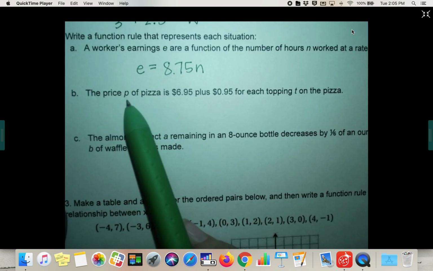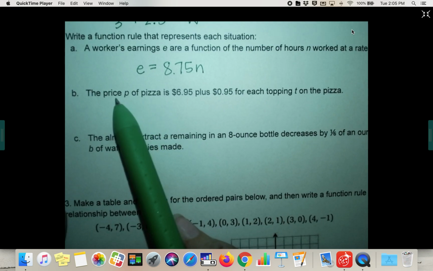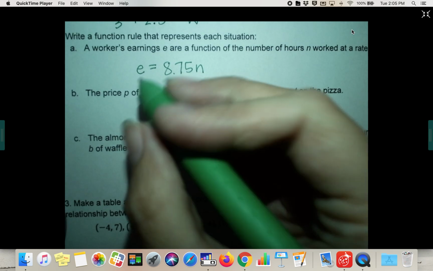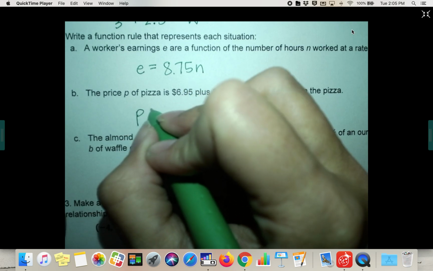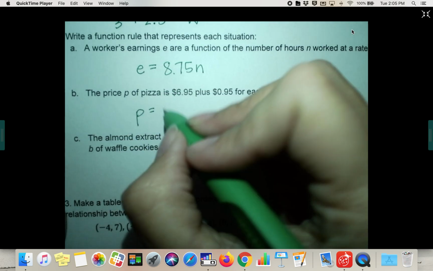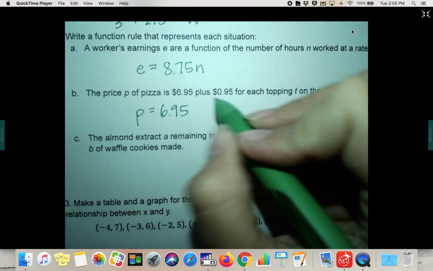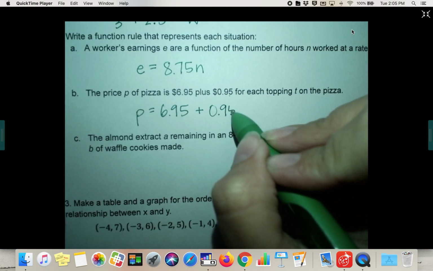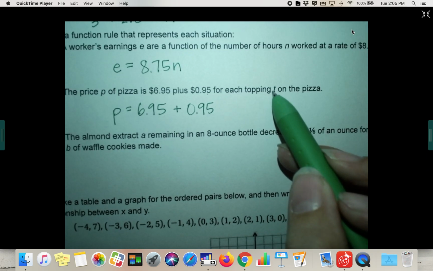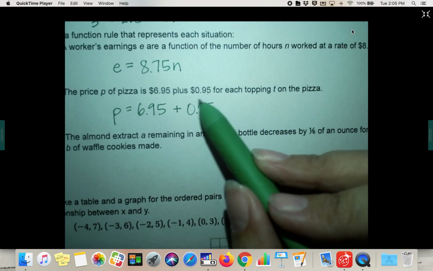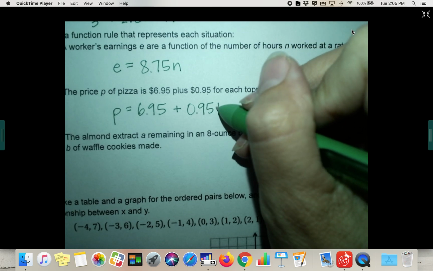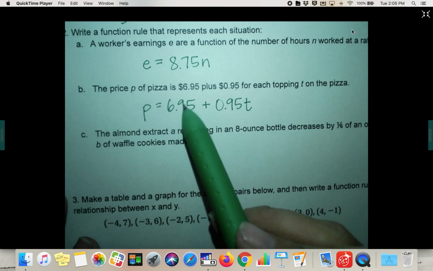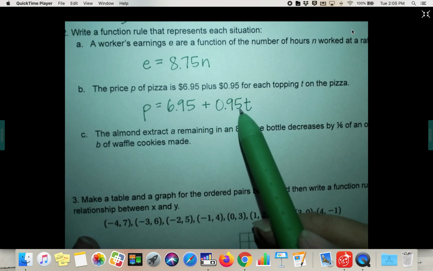All right, B, the price, which they want you to use P for price, of pizza is $6.95. So we don't know the price. Let's start with that. Price equals $6.95 plus 95 cents for each topping, they want you to make a T. So 95 cents per T topping. So we don't know the total price of pizza, but we know we're going to pay $6.95 plus 95 cents